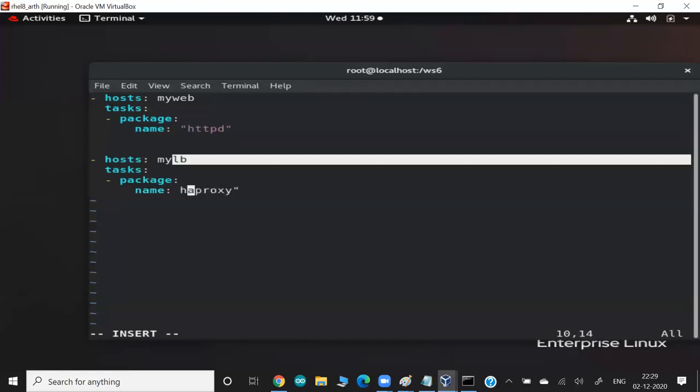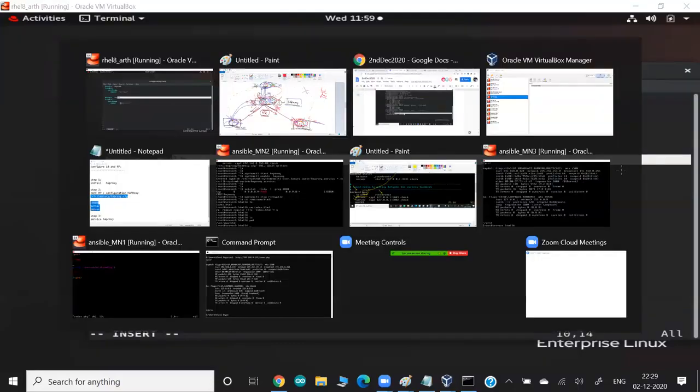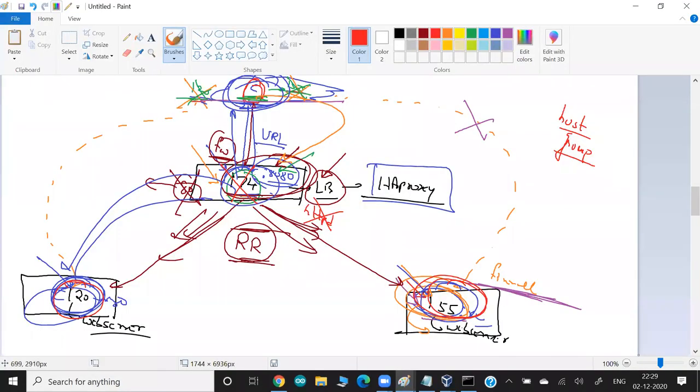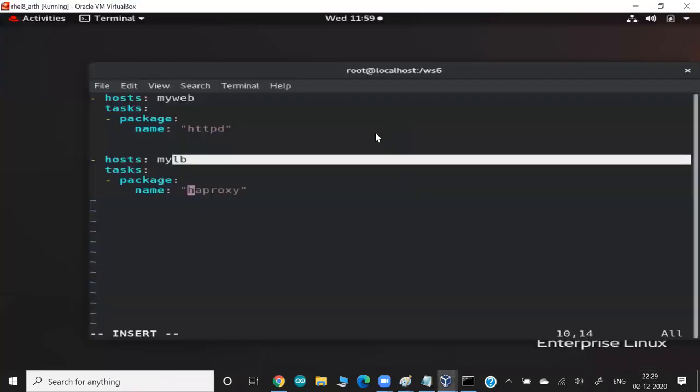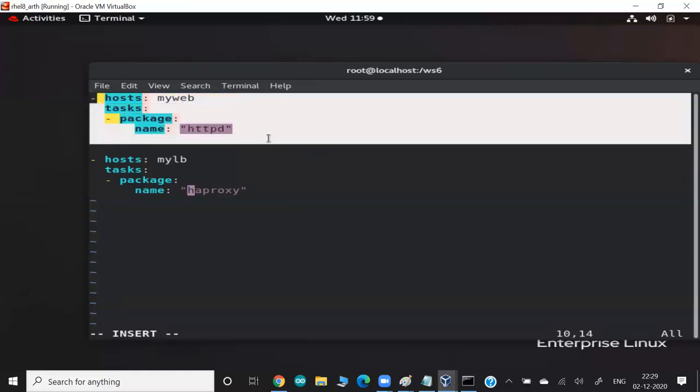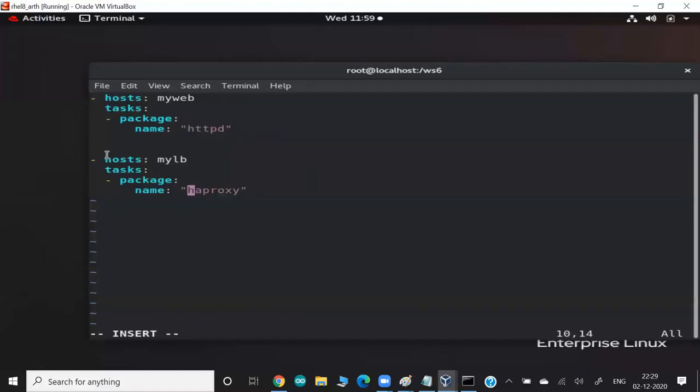HAProxy. Because my plan is to configure this IP and group of these IPs to have HAProxy. And guys, this is a great example to understand. Now this is a playbook because we have two different plays. This is a different play altogether, and this is a different play altogether. And this is a great example to explain why in front of the hosts keyword we have to write